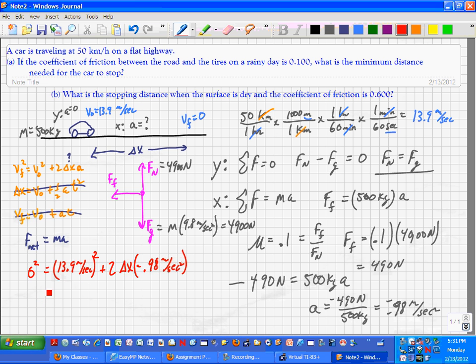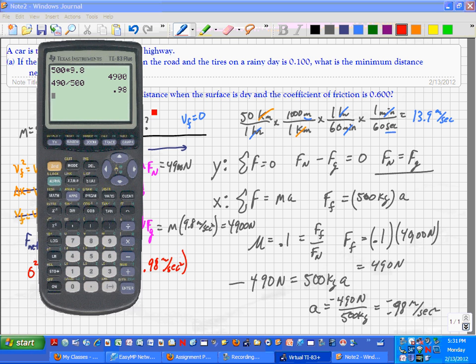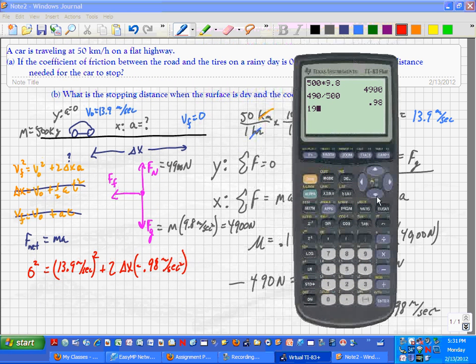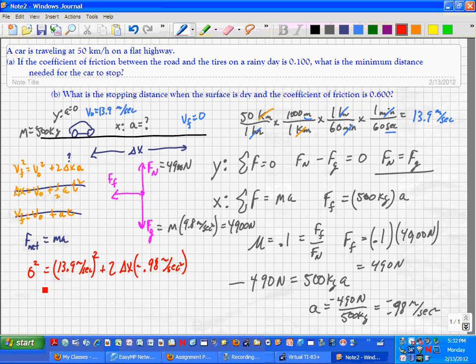This goes over to the other side, so let's go ahead and get a number for that. 13.9 squared is 193.2. So I've got 0 is equal to 193.2 meters squared per second squared plus 2 change in position times negative 0.98 meters per second squared. I should just multiply out. Never mind. Oh well. So I get negative